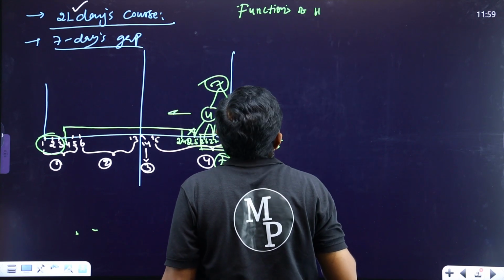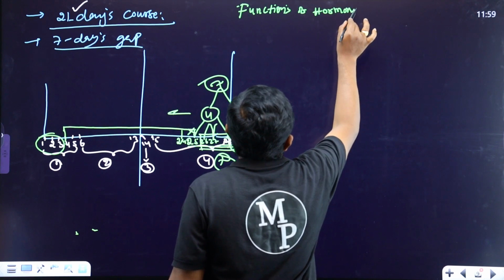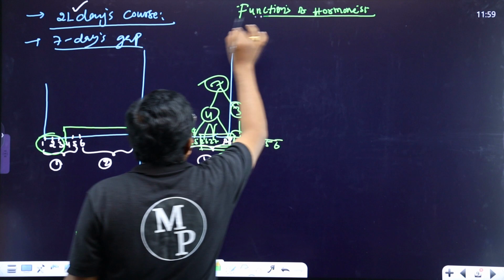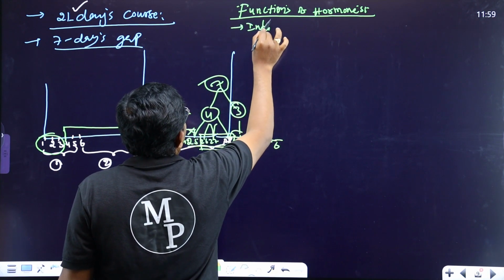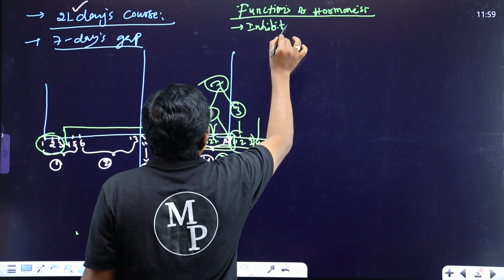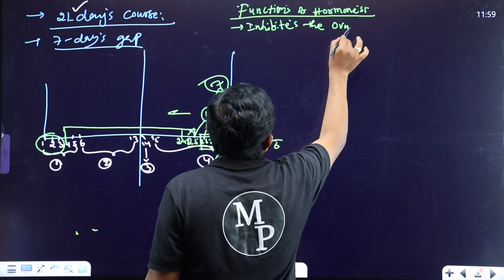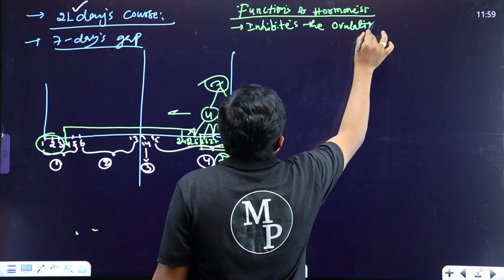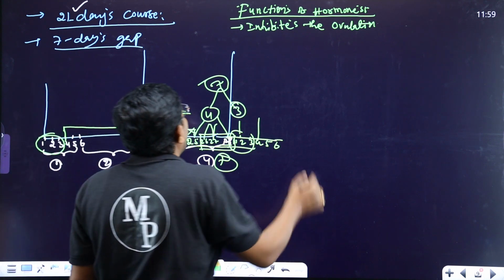Functions of hormones. First, it inhibits the ovulation. Inhibits the ovulation, it is the first one. And next,